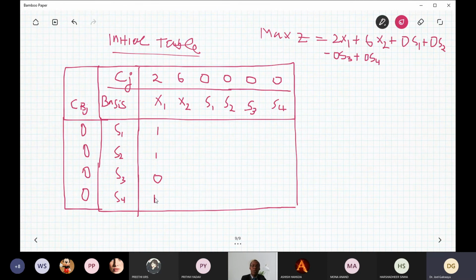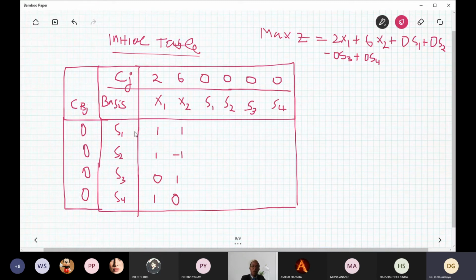Clear? What about the coefficient of x2? In the first equation, it's 1. Second equation is minus 1. Third equation, it is 1. Fourth equation is 0. We don't have it. Okay? What about